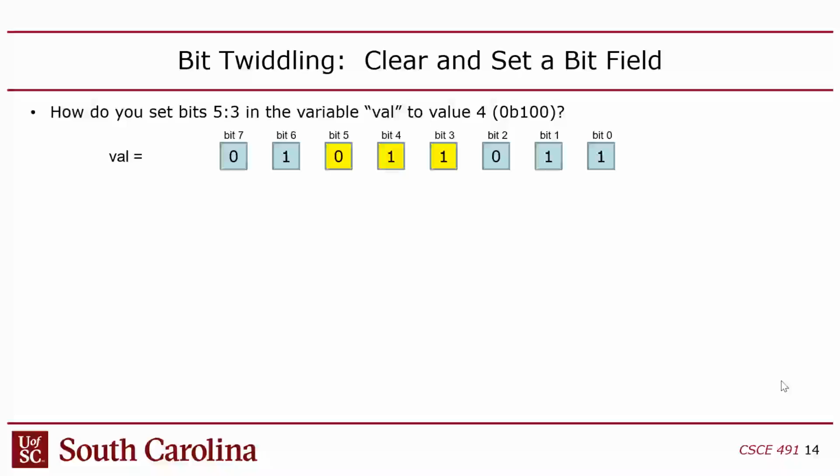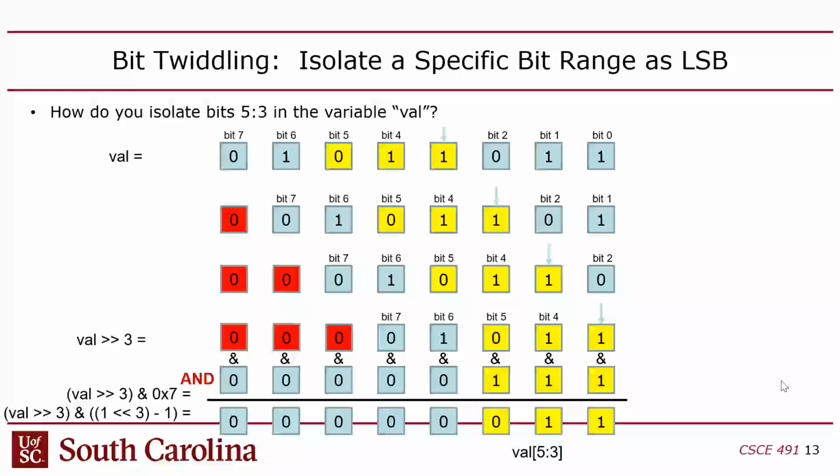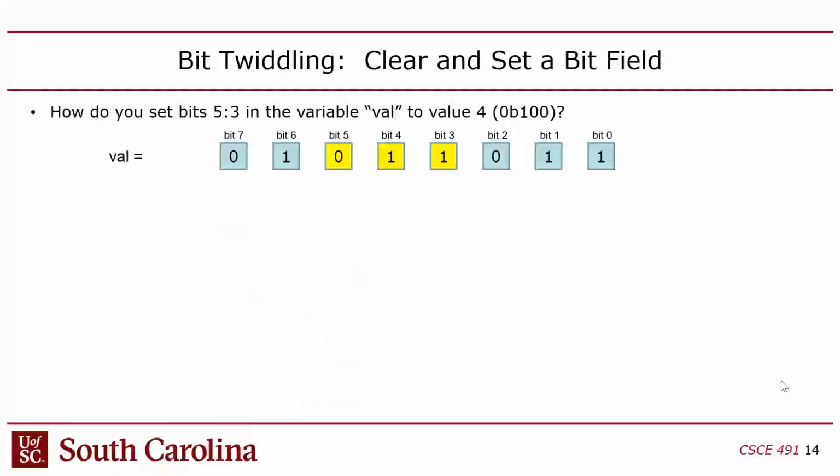Okay, so that's for reading. I showed you an example for reading those 3 bits. What if I want to write those 3 bits? How do I do that? Well, this one is probably the hardest one, because the problem is that when you write a single bit, you use the